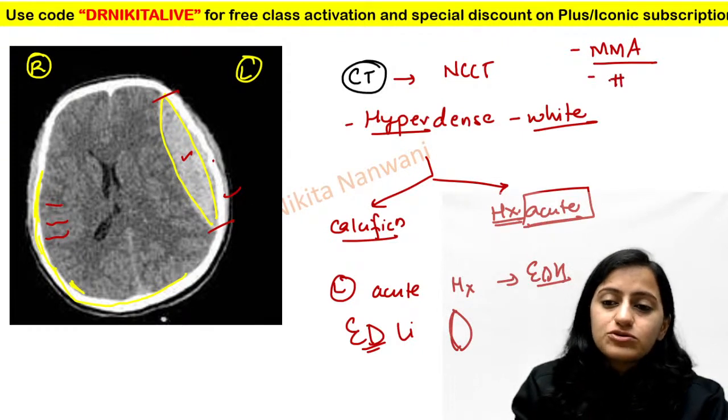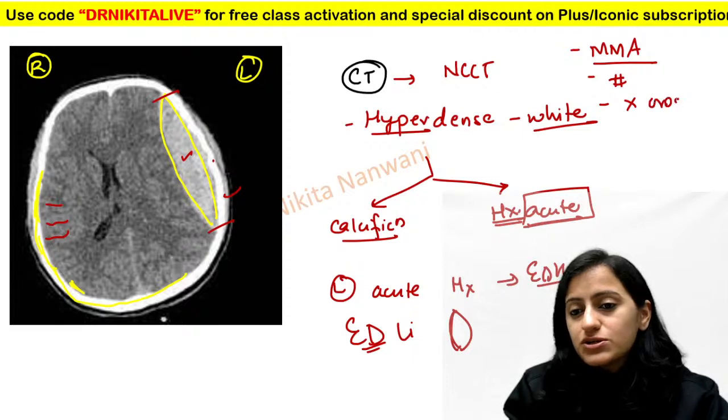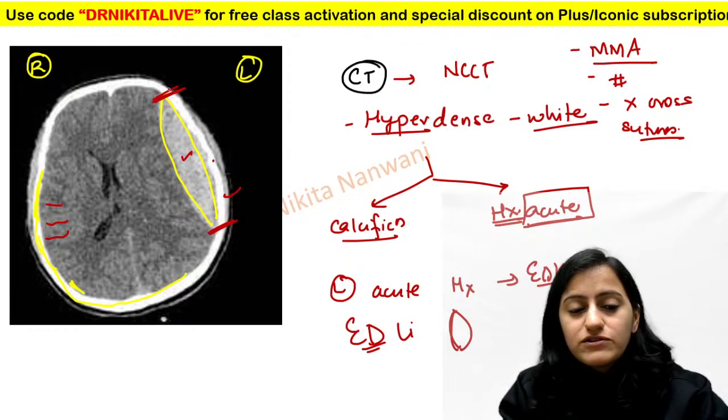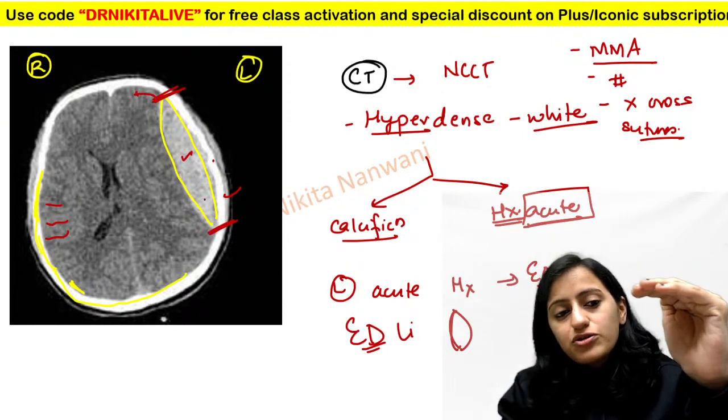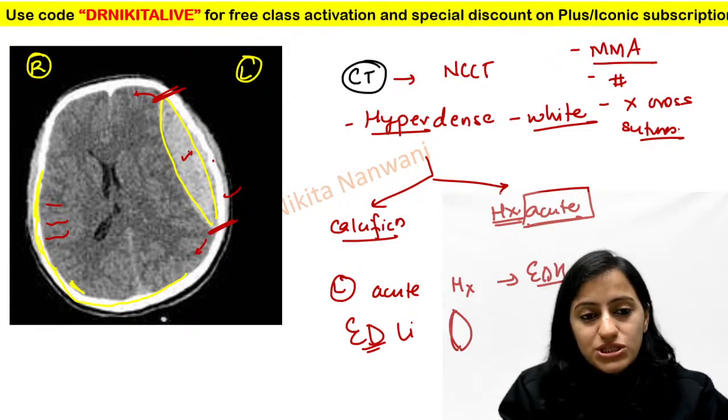It is generally associated with adjacent fracture. Does it cross the suture? No, it does not cross the sutures. So this is the location of the sutures. The EDH cannot go in the front, the EDH cannot go behind because it cannot cross the sutures, and that's